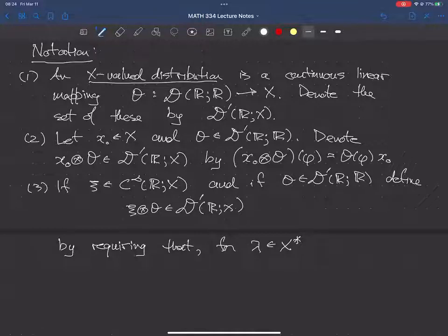X is a finite dimensional vector space, so the algebraic and topological duals are the same. Every linear map from a finite dimensional vector space is continuous. So the algebraic and topological duals coincide, so for every lambda in X star, we have,